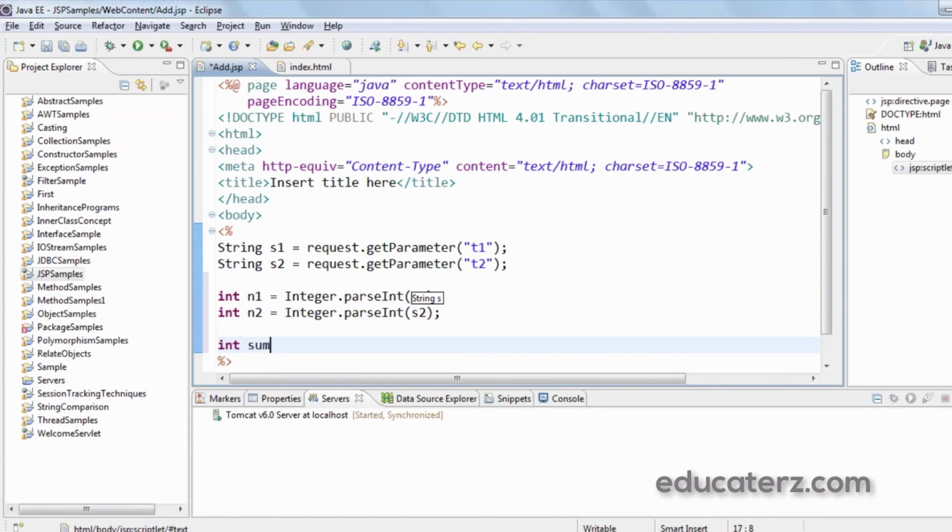Now I simply say int sum equals n1 plus n2.